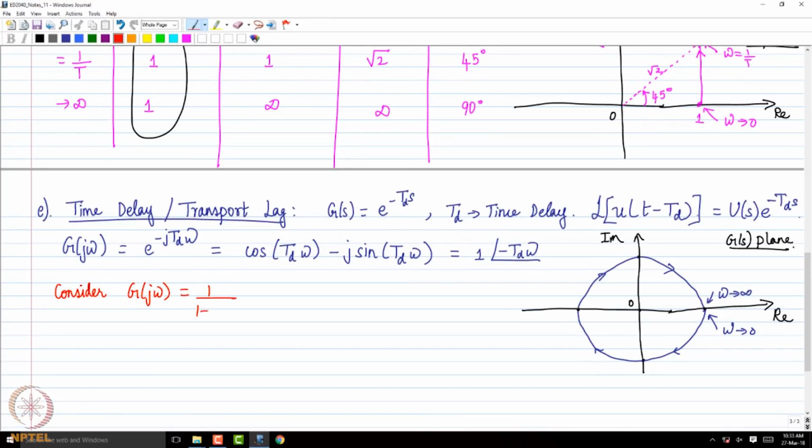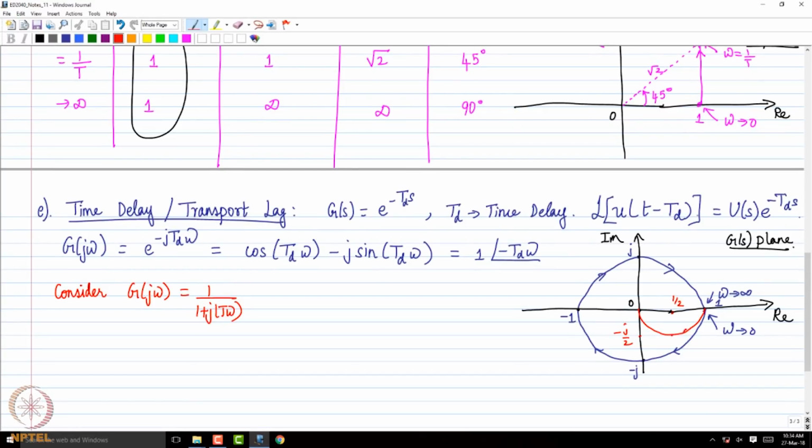1 divided by 1 plus j times t omega, which we have already drawn. What was that? That was a semicircle of radius 1 by 2, centered at 1 by 2. So this is 1 by 2, and that is j by 2, and minus j by 2. Let me be careful and use the same color, so that this is 1, this is minus j, this is minus 1 and this is plus j. So essentially we had a semicircle